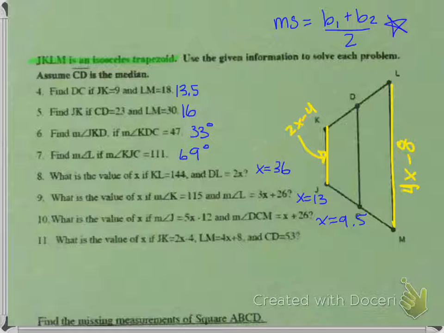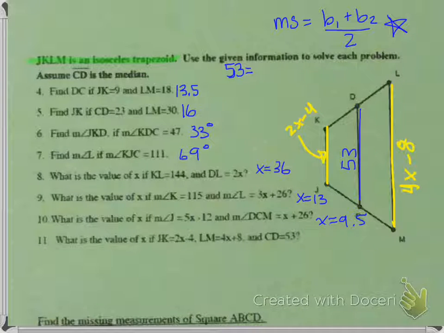And then CD is 53. Now CD is the mid-segment. So we're going to go back to using our mid-segment formula and plugging in the appropriate things in the appropriate places. Okay, so what I'm going to set up here is the mid-segment, which is 53,